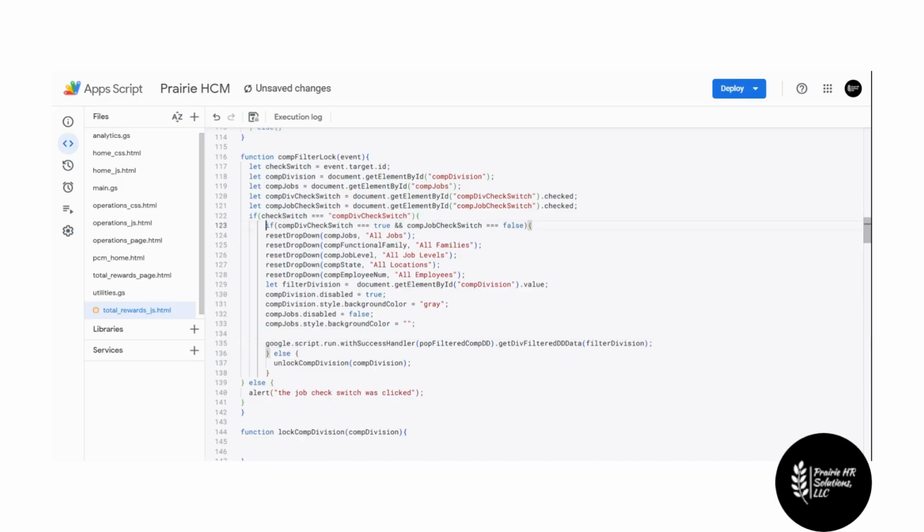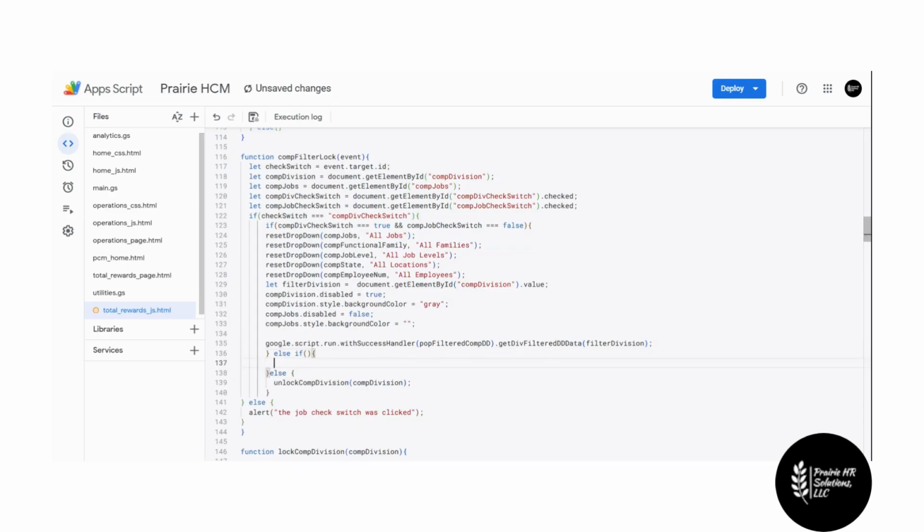So now let's look at what we need to do if they are both clicked on. So we need to stay within this nested if statement here. And that nested if statement says else do this, but let's create a scenario for both of them being set to true. So now this is where you're going to have to do a little bit of imagination and kind of visualize what it is that you're wanting to have happen. So if both are set to true,